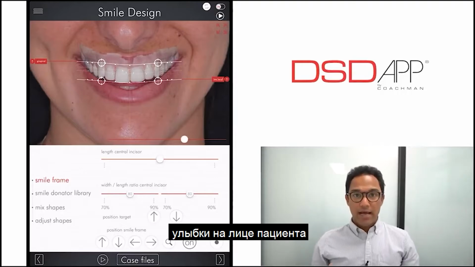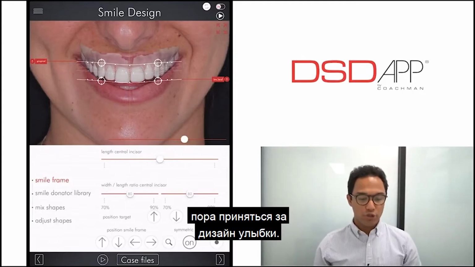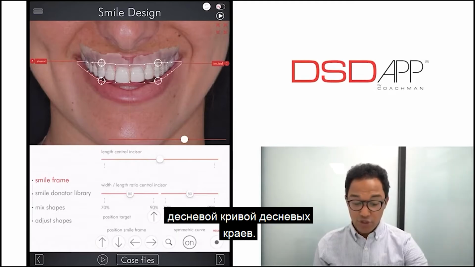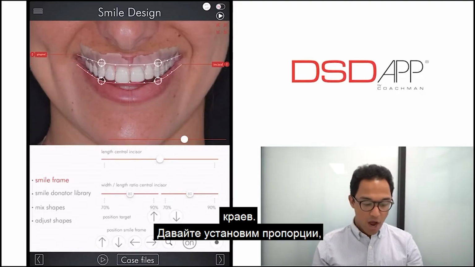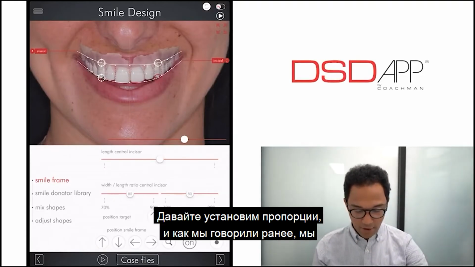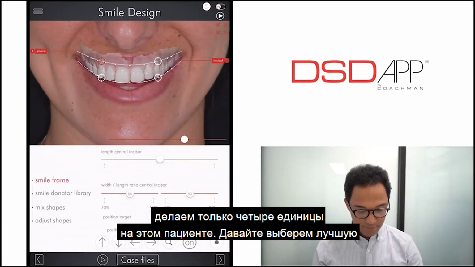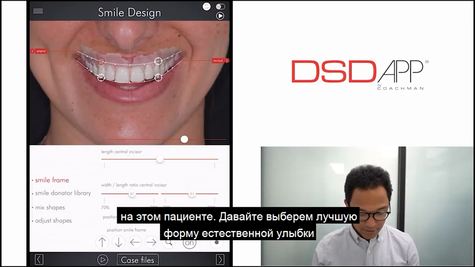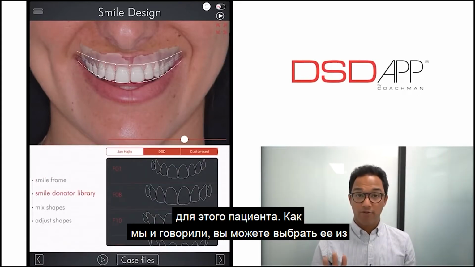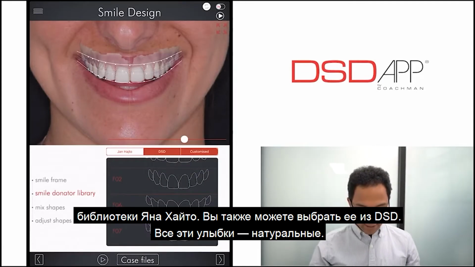After you calibrate your STL on top of the patient's frontal facial smile, it's time for you to do your smile design. The smile design here, you will do just as you learned in your smile simulation. Let's set the smile curve, let's set the gingival margins, let's set the proportions. And as we were saying before, we are only doing 4 units on this patient. So let's select the best smile